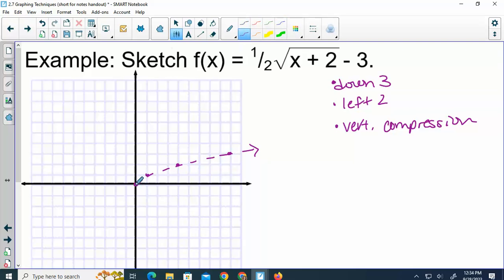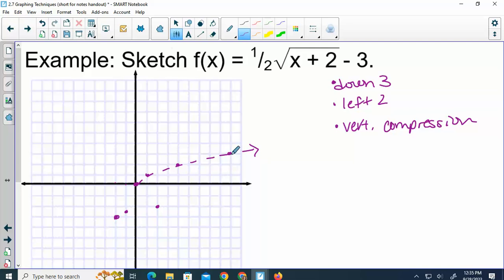So when I multiply that one by a half, it's still 0. Then if I move that left 2, down 3. Okay, 1, 1. If I take my y times a half, it's now at 1, 1 half. We go left 2, down 3. 4, 2. Take my y times a half, now it's 4, 1. Left 2, down